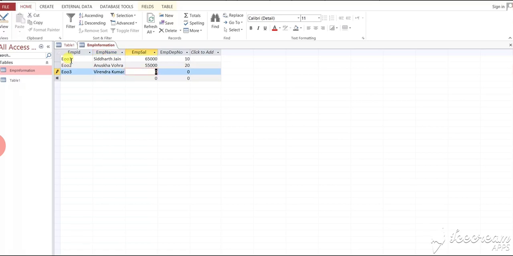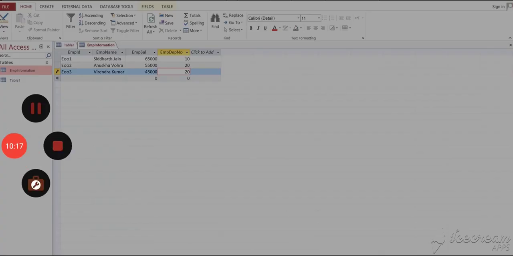Now employee salary, then EMP department number. In this way we can generate a table.